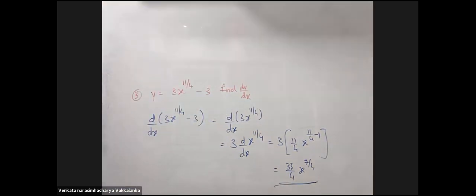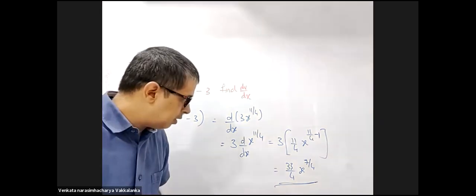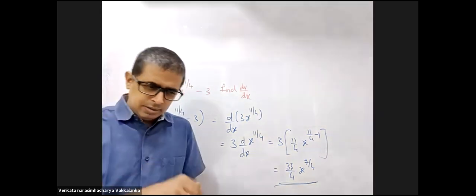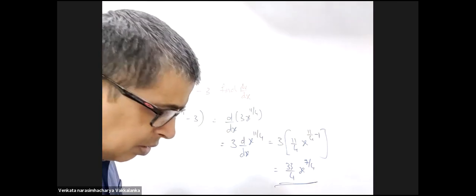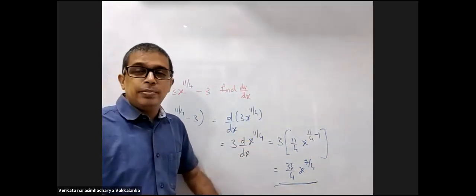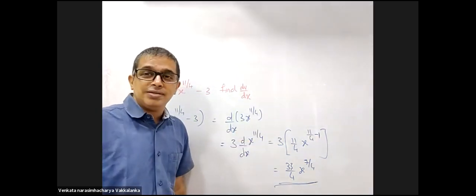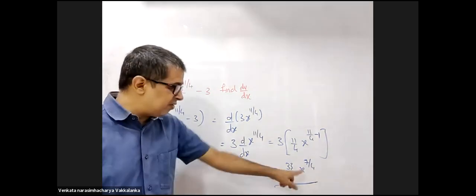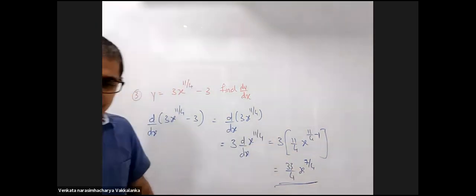Sir, do we have to leave the answer here, or can we go further and substitute? It depends on the 4 options given. The paper setter will decide that. If he gives one of the options, just mark it, simple.